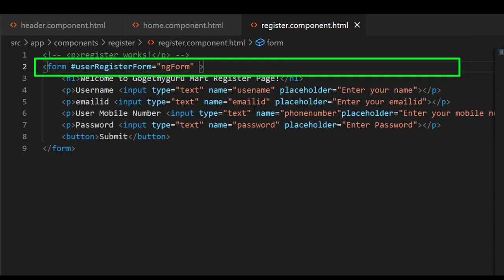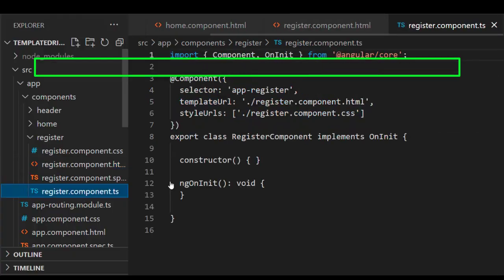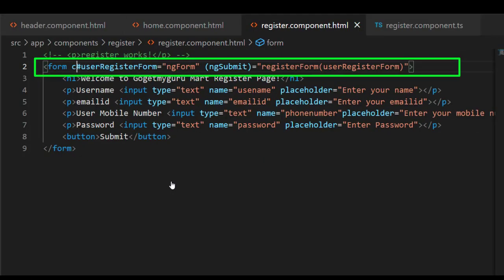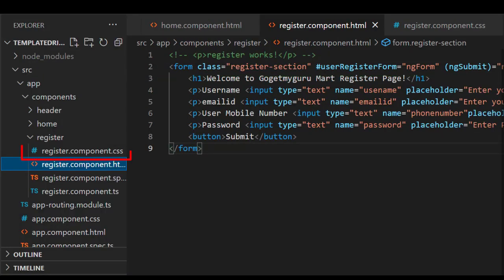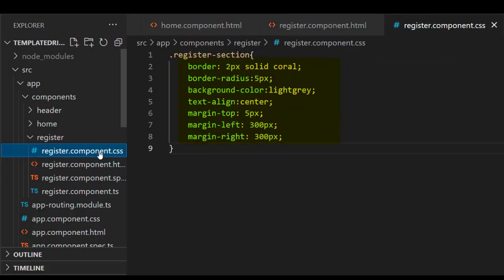This ng form is a directive which is provided by the forms module. To submit form, here we use ng submit directive. Here we'll write ng submit is equal to, in double quotes we'll write here function called register form. Inside this function we'll write reference variable, that is user register form. Next, to add CSS for this form, I'll create here class is equal to register hyphen section. For register hyphen section class, I have selected border 2px, solid coral, border radius 5px, background color light gray, text align center, margin top 5px, margin left 300px and margin right 300px in